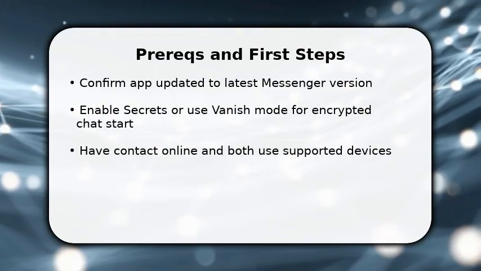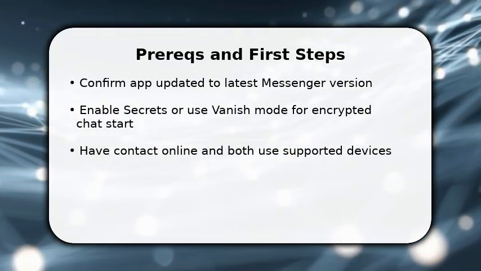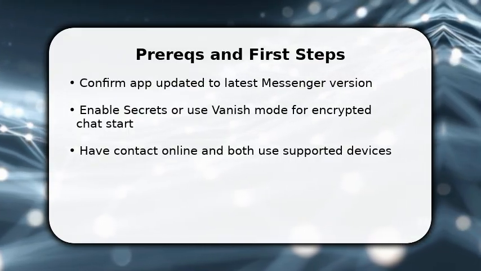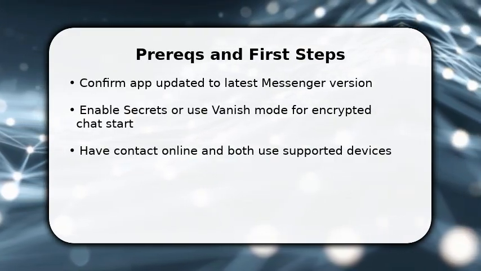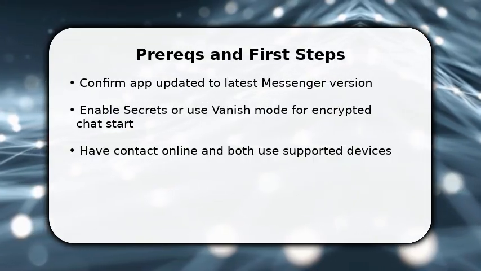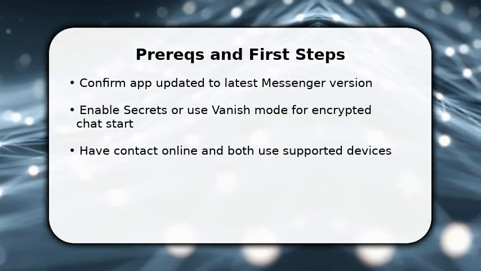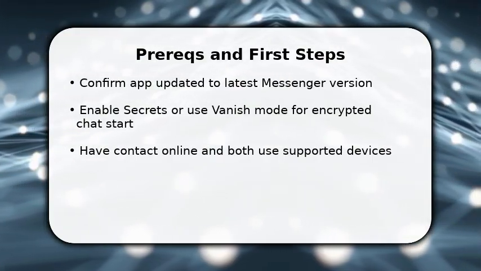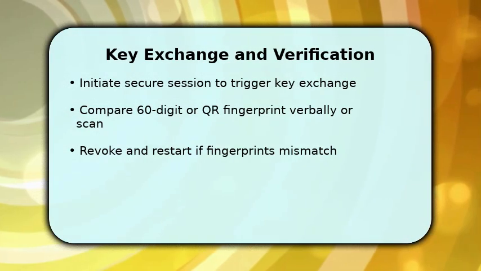You start by confirming the Messenger app is updated and that both you and the recipient have compatible devices. This avoids protocol mismatches. Once done, open a new message, choose the encrypted chat option such as secret conversation or turn on end-to-end encryption. Make sure to request the contact joins an encrypted session immediately. This begins key exchange. If prompted, accept permission requests and grant camera/microphone only if you now handle the key exchange